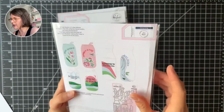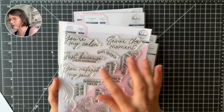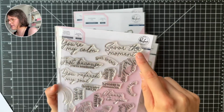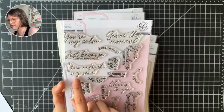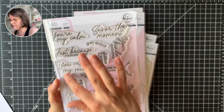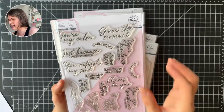Okay, now the sentiments in this set, I really love those, and I'm loving the font of these. So you have some larger ones like "You're my calm," "Savor the moment," "Your kindness is refreshing," "Just because you're wonderful," "You refresh my soul," "You are sunshine in a bottle," I'm loving this one, and "Cheers to you." So these are sort of the main sentiments, and then you have some smaller ones that are not really sentiments